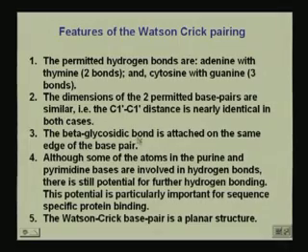Okay. So, now I have just listed here the features of the Watson-Crick pairing, because it is going to help us in looking at the distances. We have 2 permitted hydrogen bonds between adenine and thymine, 3 permitted hydrogen bonds between cytosine and guanine. This is something we have seen. The dimensions of the 2 permitted base pairs are similar. The C1 prime to C1 prime distance is nearly identical in both cases. The beta glycosidic bond is attached on the same edge of the base pair,